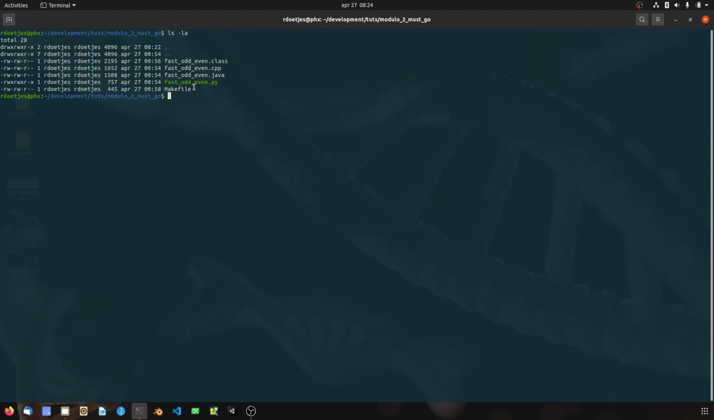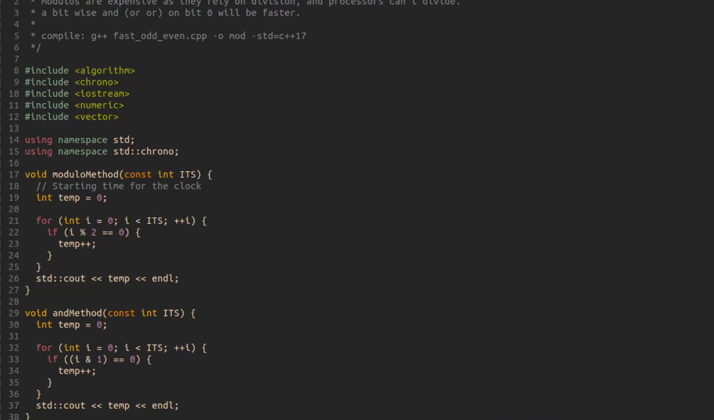I created 3 versions of the same program, a C++ version, a Java version and a Python version. Not to compare these languages among each other, even though that's a nice benefit, but to see how they behave differently. The C++ program